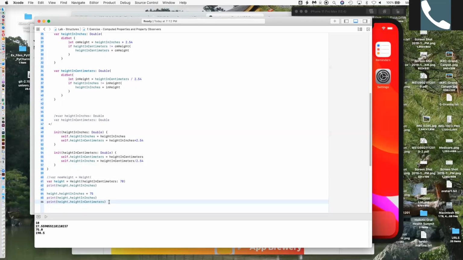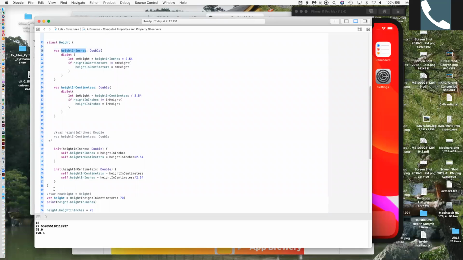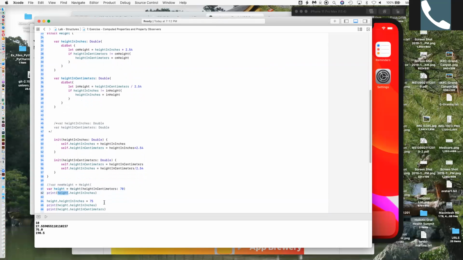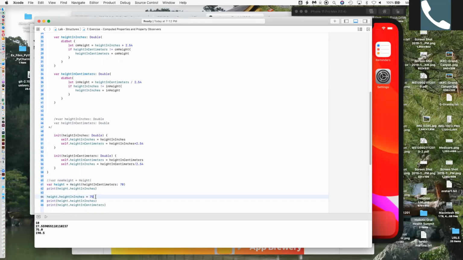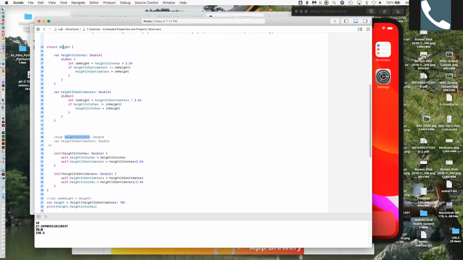No, there's no dot. Basically, the height in inches can only be accessed through the instance variable name. So you have to say height, which is the instance variable. You say height dot height in inches, and then you can access it. If you try to print height in inches, you get the right value because you just set it that way. But you can't really use a function, because when you're setting a parameter value, which is what this is, inside the struct,